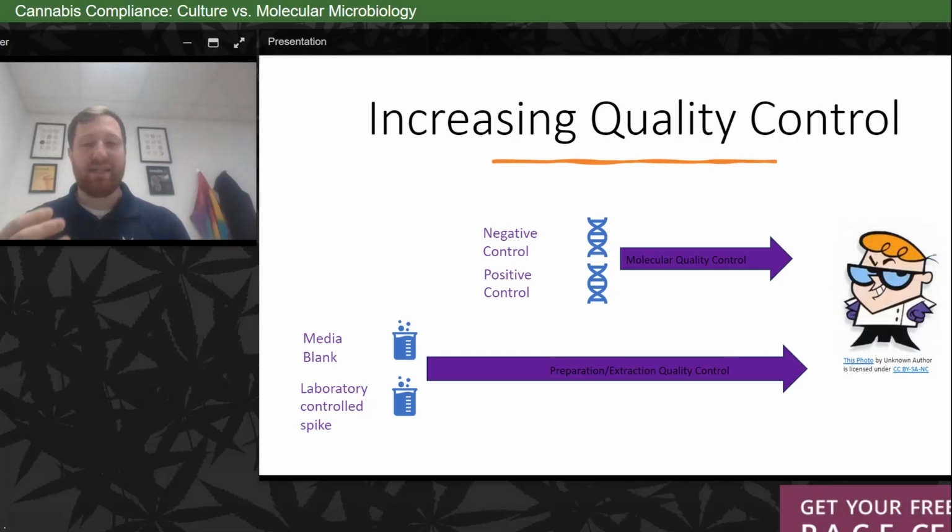And so what you're really testing here is to see if the instrument is performing. If we look at QC from a molecular standpoint, the blank will come back negative. The laboratory controlled spike, if we're testing for Salmonella, so we spike with an appropriate amount of Salmonella, shows positive at the end. So I can conclude that my method and my extraction were viable for target organisms. And then I look at my negative control and my positive control, showing that not only did my method work, but also the instrument is working appropriately.